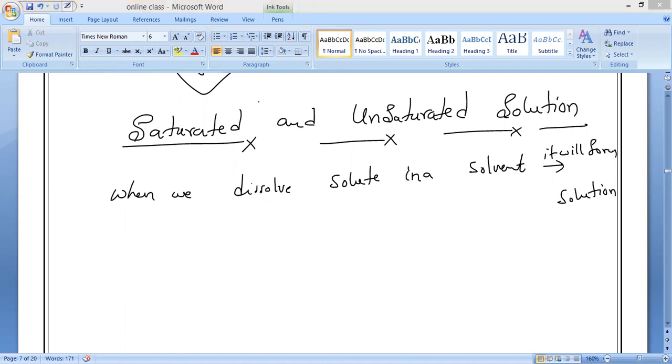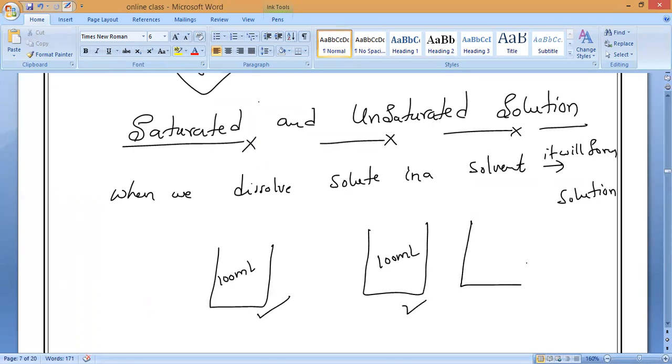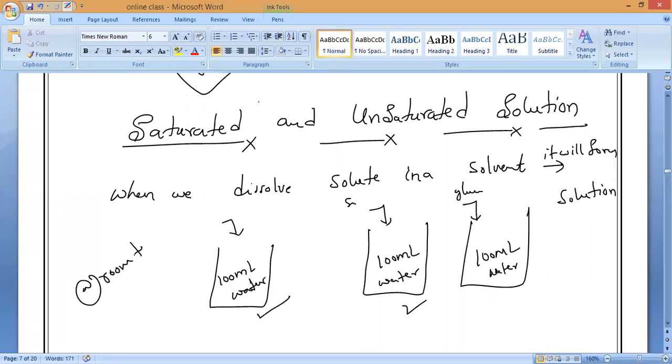Now my question is, for example, I have given you 100 ml of water, and another also 100 ml of water. Let me take, this I have given to Harini, this I have given to Mitakshri, and this I have given to Neha. So 3 members are there. Everybody I have given 100 ml of water. Now tell me, one person I have given salt, another person sugar, another person glucose. Now, for 100 ml of water at room temperature,